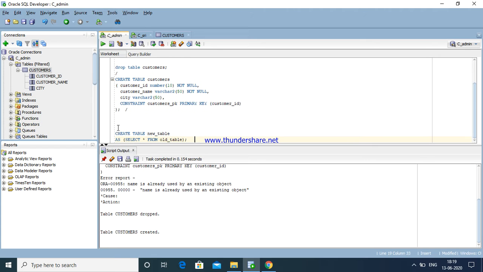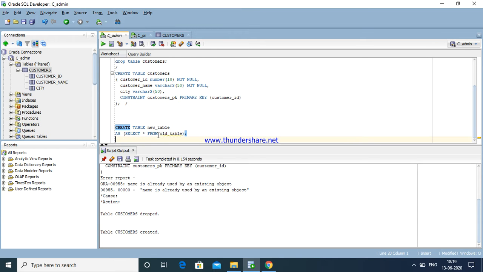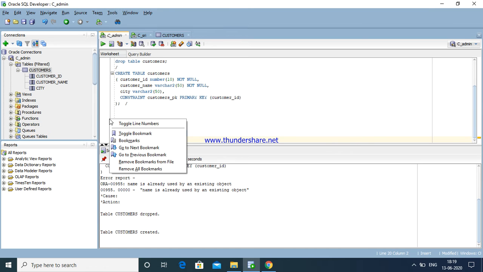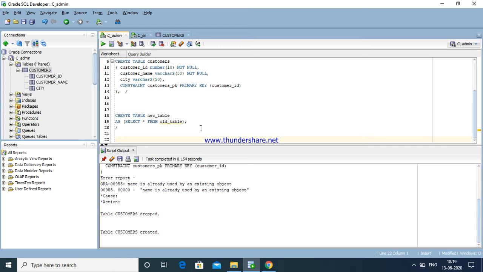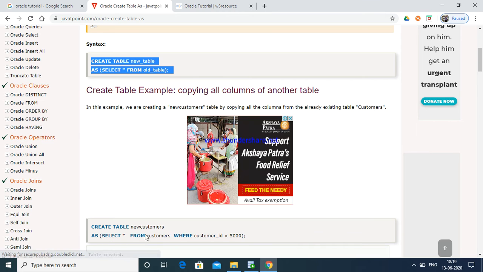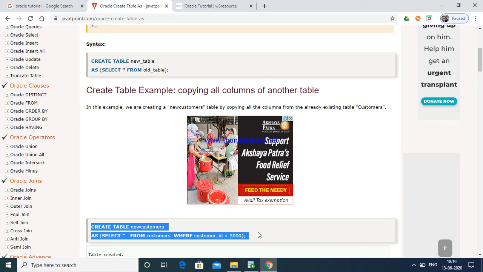Slash. Right click here and choose line numbers. Now I am going to create a new table. What is the query? Just check. Create a new customer from existing customers.